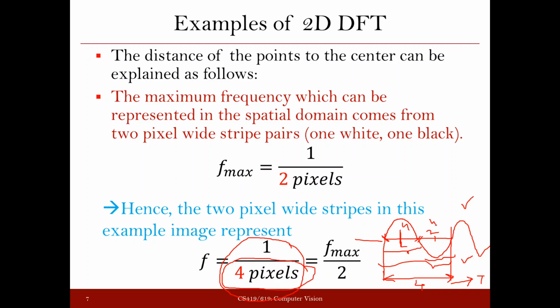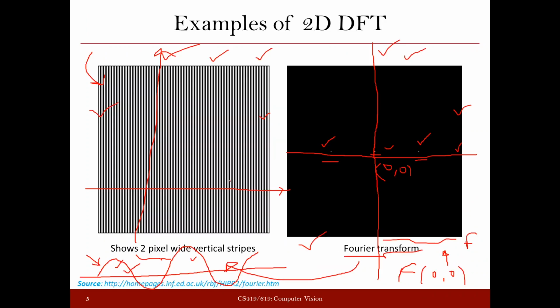So you can consider the reverse. What will happen if you decrease their width? Obviously, when you decrease the width of these strips, the frequency is going to increase. Now to find out the limiting cases, let's talk about the maximum frequency. To find the maximum frequency, you have to see what is the minimum value of the denominator you can have, right. If you analyze, we will find that this denominator cannot be less than 2 pixels, because these pixels come from the white and black pattern. To have a pattern in this image, at least these patterns should be 1 pixel wide, right.